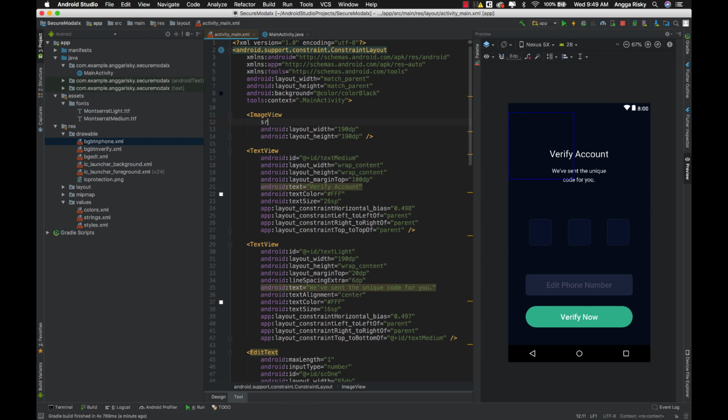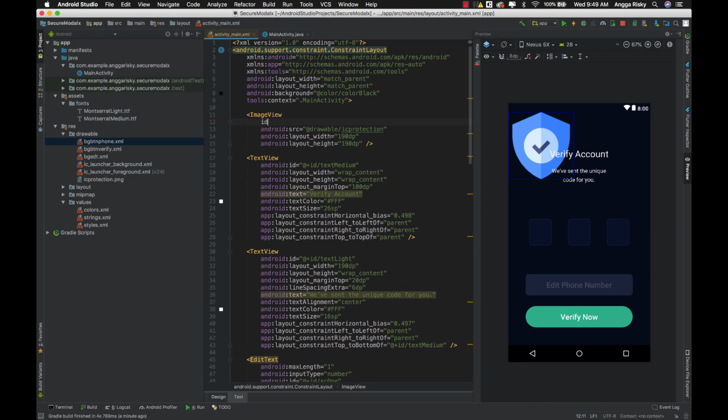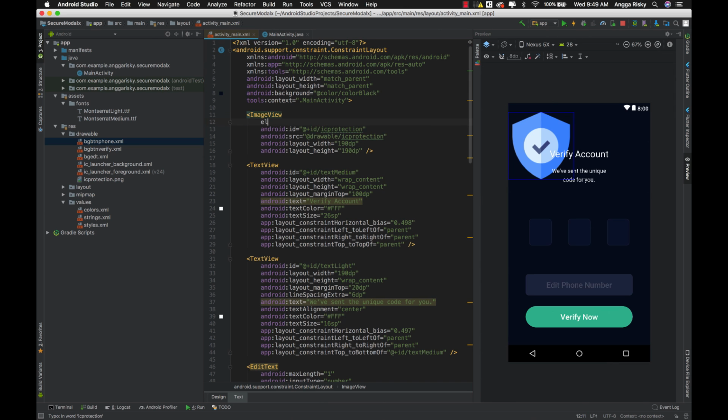Okay, and we give the src, which is icon protection. And we give the id, which is icon protection. And we give the elevation, which is 9 dp.